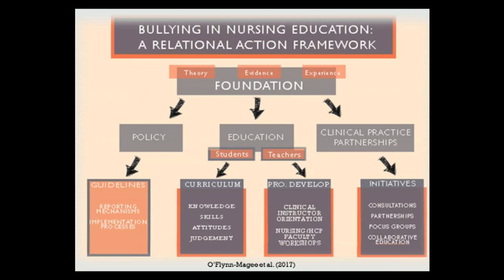UBC. And then education is prong number 2, thinking about education for students and education for faculty, especially clinical instructors who work with students, as you know, in the clinical area. The clinical area is the most cited context in which bullying occurs, and so that probably won't be a surprise to those of you who work in practice. And then the 3rd prong is clinical practice partnerships. That's sort of the future. But that's a framework, and so that's just a little bit of context to give you in terms of the